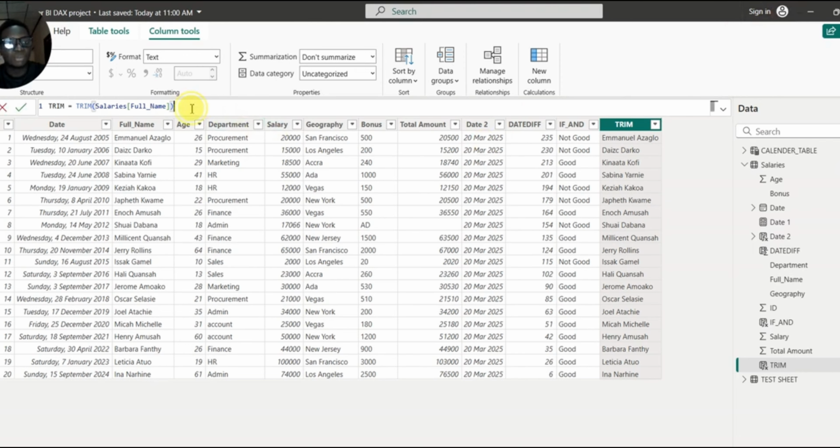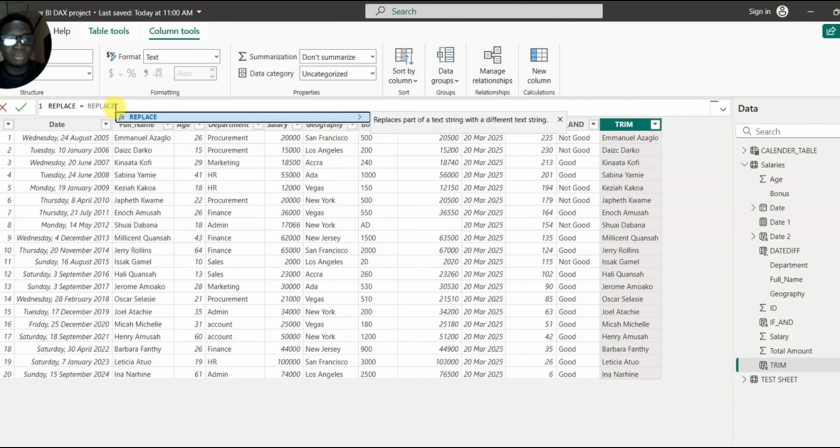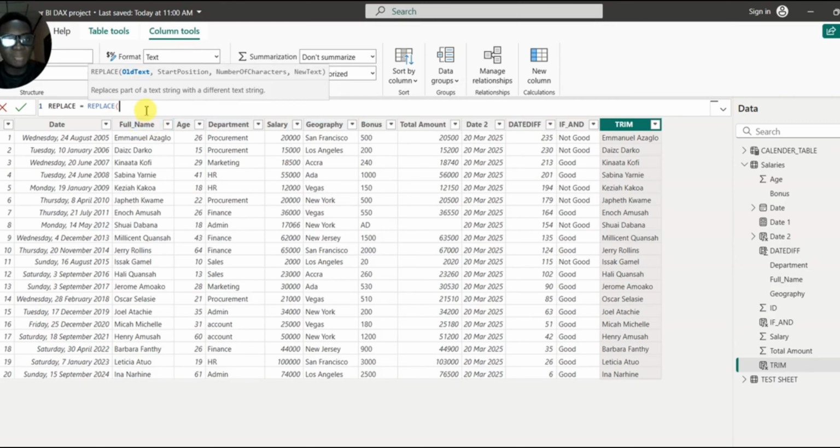So replace is nothing more than, let's say there's a particular alphabet or particular number that you want to replace in a particular column. All right, so we say replace. Assuming we want to replace all the E's in this particular column with A, what we can do is use the replace function, and we say the